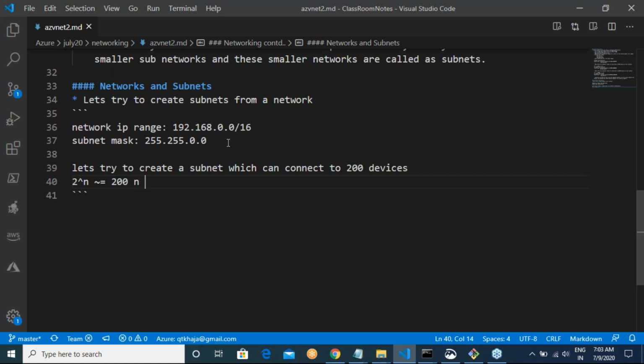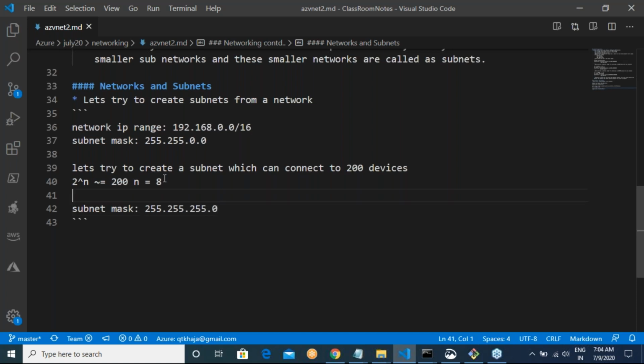So what is the value of n now? 8. Do you agree with me on this? There is nothing new about it. So my subnet mask would be 255.255.255.0. Do you agree with me on this?